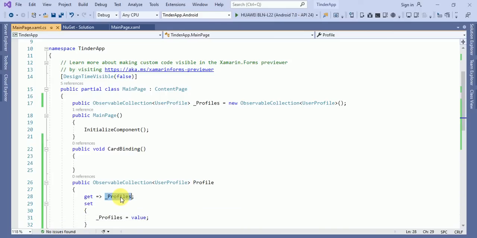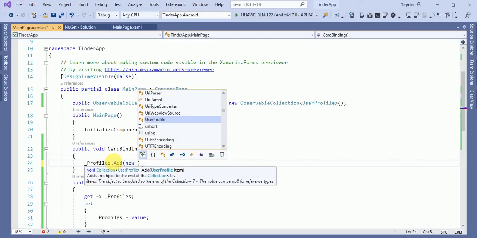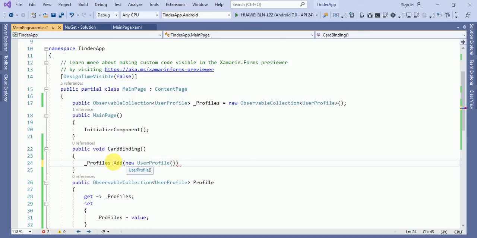Okay, now in these profiles we will add new user profile, name equals to, suppose Anil, age equals to 18, and photo equals to photo URL.